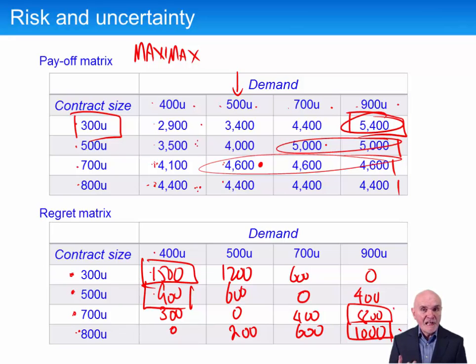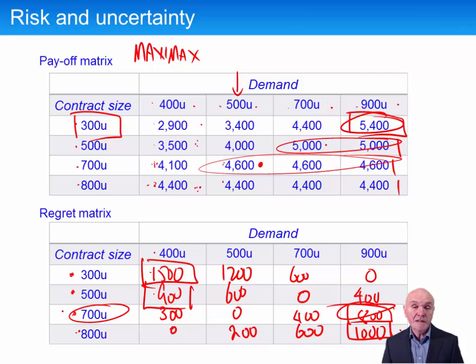What's the best? What's the least regretful of those? And of course it's 800. And so the strategy there will be to order 700 units. Again, no one is going to say Minimax regret is our company policy. It is just a rather kind of complicated psychology which we're trying to work out, maybe to predict or at least to demonstrate how different managers will come to different conclusions.